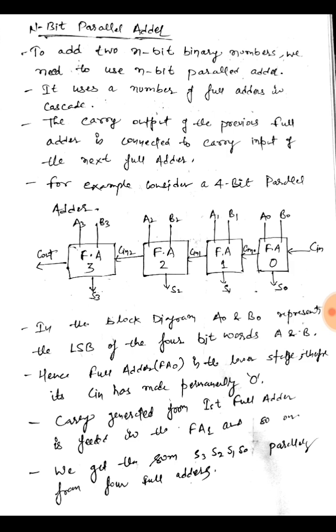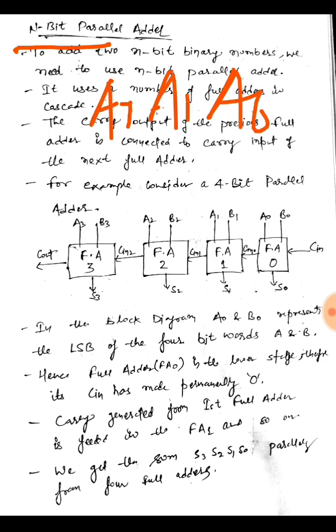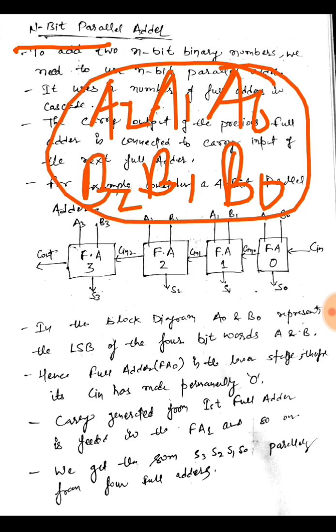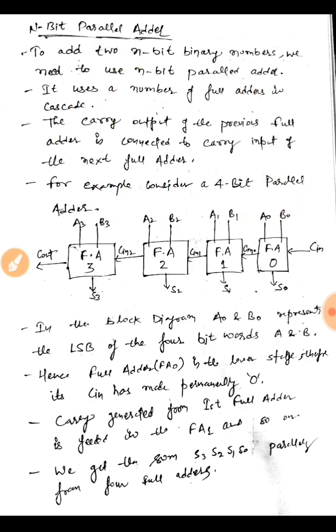So if I need to add n-bit numbers, that is A0, A1, A2, B0, B1, B2, so for 3 bits I would require 3 full adders. So to add 2 n-bit binary numbers, we need to use an n-bit parallel adder. That is, it uses a number of full adders in cascade. Cascade means in series. So carry generated from one full adder would be fed to the carry input of the next full adder. So carry output of the previous full adder is connected to the carry input of the